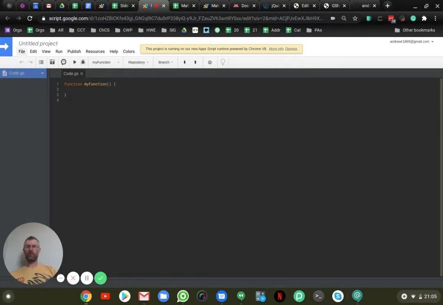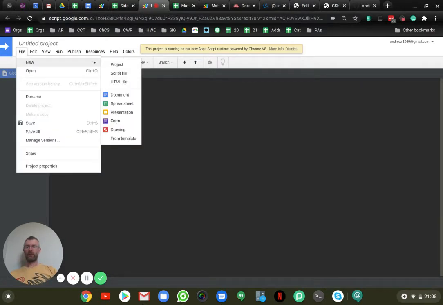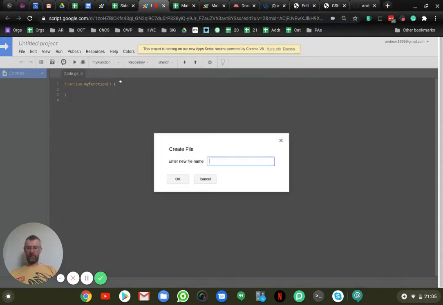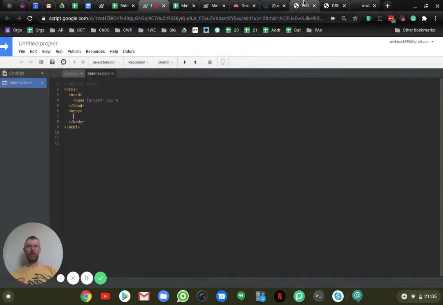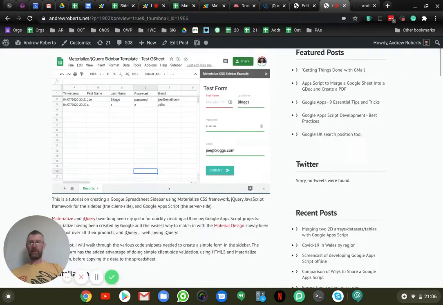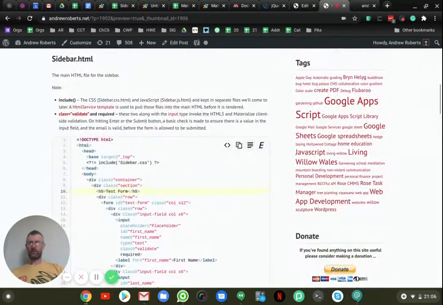Okay. So if we start with the first file, which is going to be a HTML file, which is going to be the main HTML file for the sidebar. And if we copy that in from the blog post,